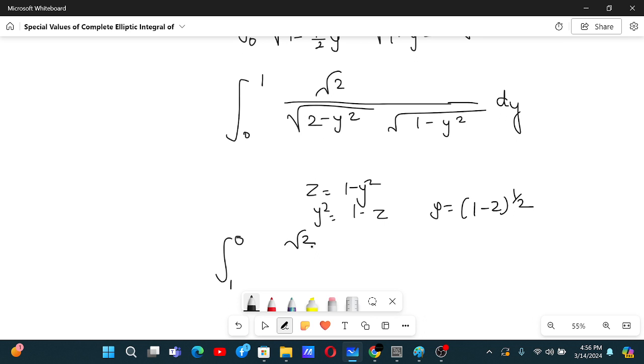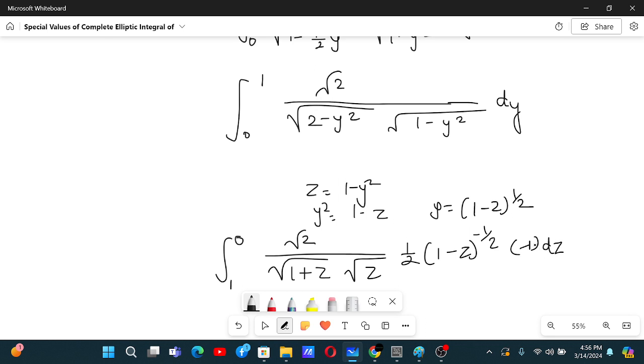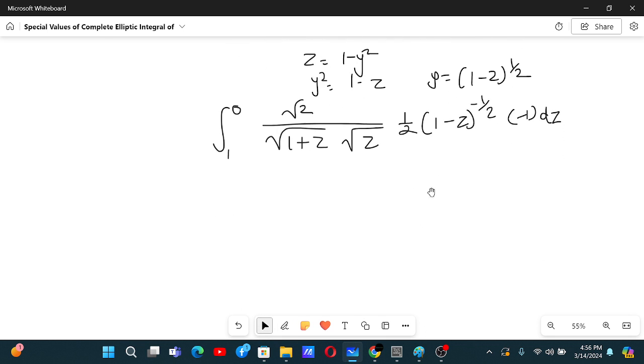Now root 2, this will now be 1 plus g, and this will be g, and dy will be 1 by 2 1 minus g to the power minus 1 by 2 and then minus 1 dg. Now minus 1 will reflect the integral back to 0 to 1,